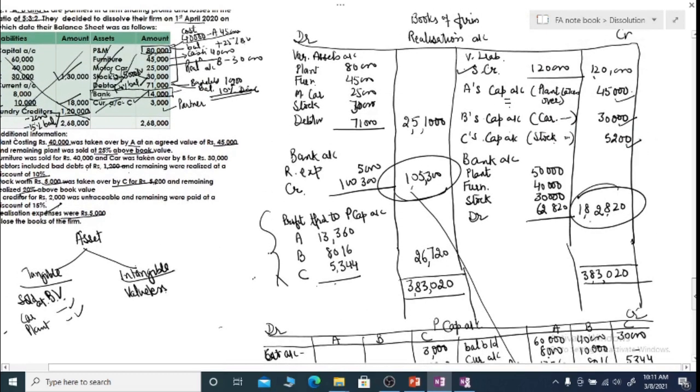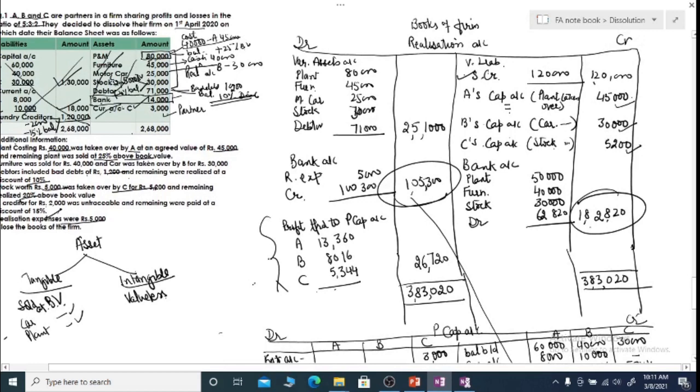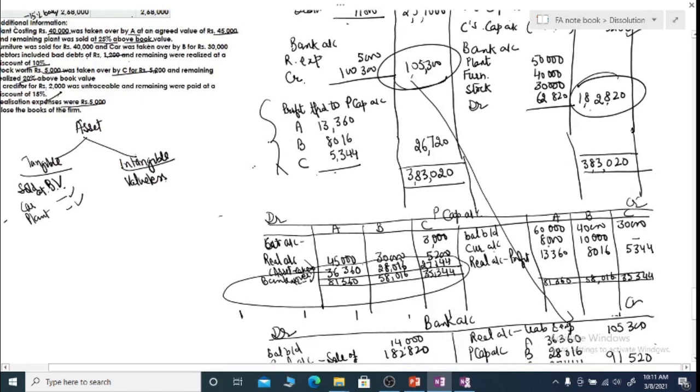So what we have done is from the given balance sheet we closed the accounts of assets and external liabilities. We showed their final settlements, payment of the liabilities with expenses and sale of assets. Then you closed it to find out profit or loss. Then you had partners' capital account. You first picked up information from balance sheet and then from realization. After these two postings, we simply had the final settlement.